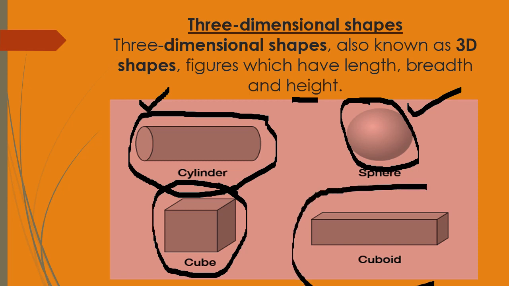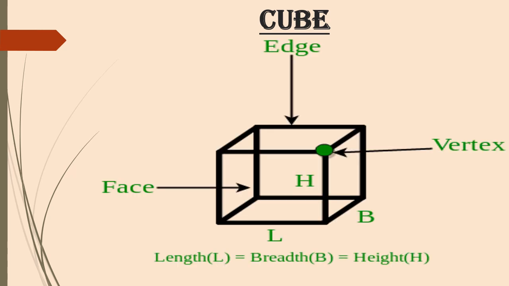Now I'm going to tell you about these three-dimensional figures, but we will not talk about cylinder and sphere, because when you grow up you will talk about these figures. I'm just going to give you just small knowledge about cube and cuboid, so that you can understand these two things easily. Now this is a cube. Can you see the picture? This is called